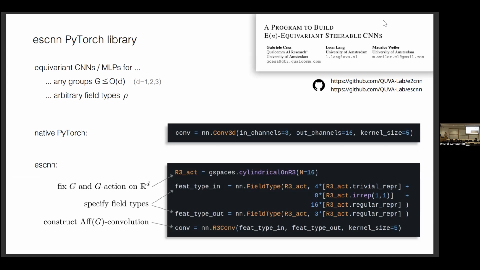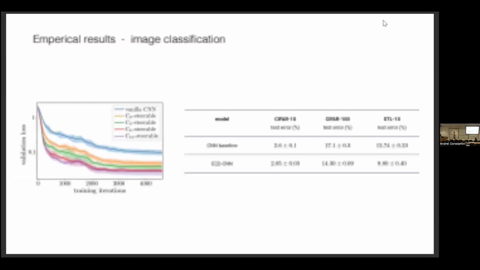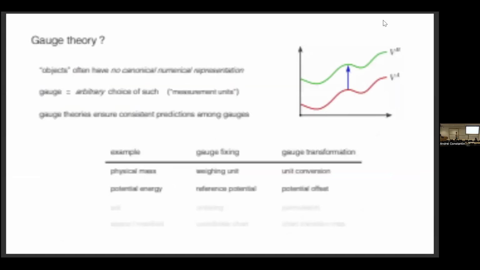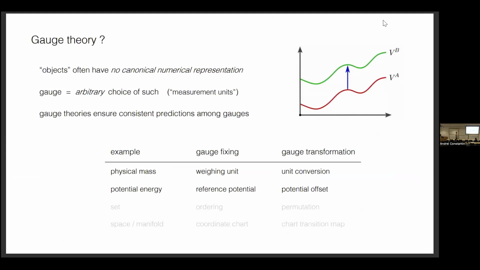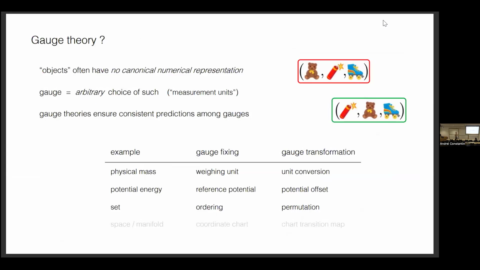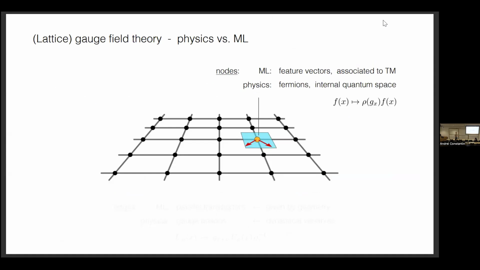Question on one of the slides you skipped. Okay. Yeah, which one? I think I saw the word lattice somewhere. Oh yeah, that's the very last one. I included that since I want to talk about the gauge theoretic viewpoint here and